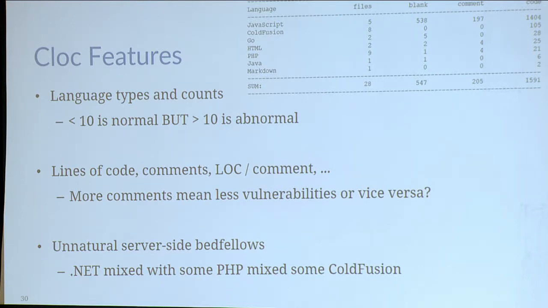Cloc, I think maybe most people have heard of cloc. It's a simple tool that counts lines of code, and you see the output here. It gives you the language, the files, blank lines, comments, code per file, that type of thing. But it's pretty cool too, because again, we're looking for bad human behavior or some kind of smoke here. Most websites probably have less than 10 different languages associated with them. It could be HTML, they're counting even non-programming languages, but maybe PHP, there might be some XML in there, JSON, that kind of stuff.